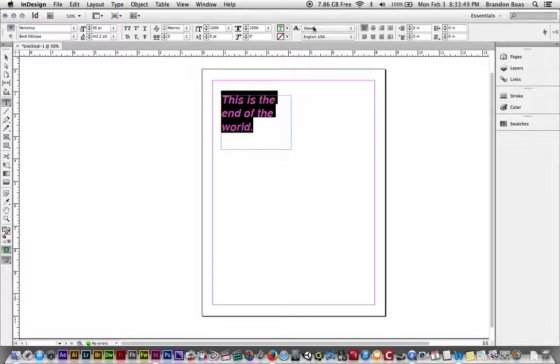Now the next one here, you'll notice that there's a letter A, and then there's two drop down boxes. One right now says none, the other one says English USA. This is your character style, and it's a little bit tricky to explain. The best way that I can explain it is it basically is a way that the computer and Adobe InDesign together end up taking previous data from different documents or forms that you input into your document, collects the data. So for example, collects what font type, what size, what type of font weight you're using,